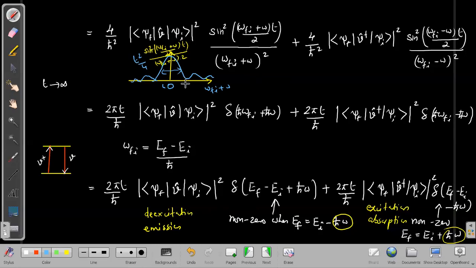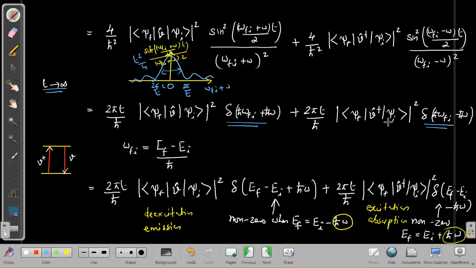The width corresponds to pi by t. So when t is very large, this function will take the form of the Dirac delta function. These things we have already discussed while discussing